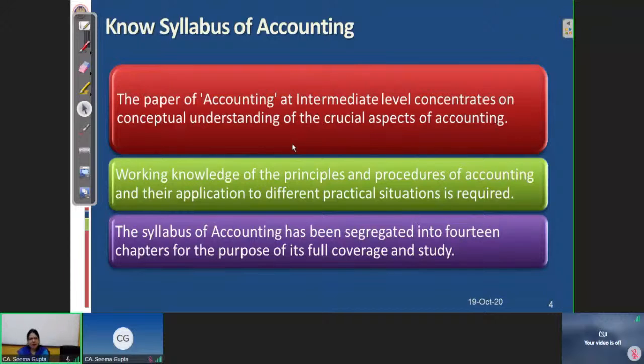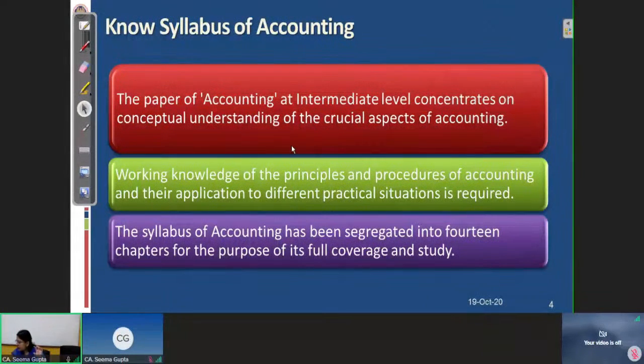Many of the students have asked us how to attempt the question paper in time. That strategy I have already discussed with you. You have to practice more and more to attain confidence, and that will definitely help you in attempting the questions in time under the examination conditions. Many of you have already attempted the mock test paper, as is quite visible from the responses we have received from the students, that you are facing some difficulty in 1 or 2 questions. We will also discuss that separately, or you can mail me your respective queries.